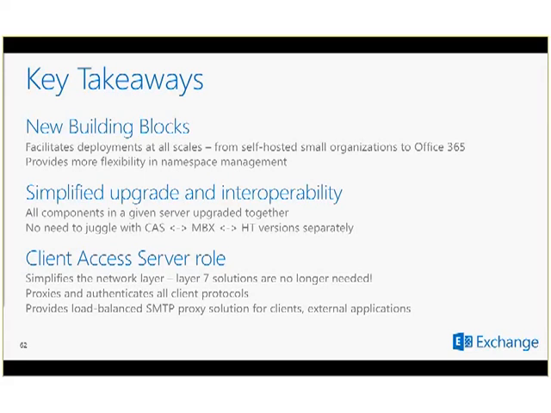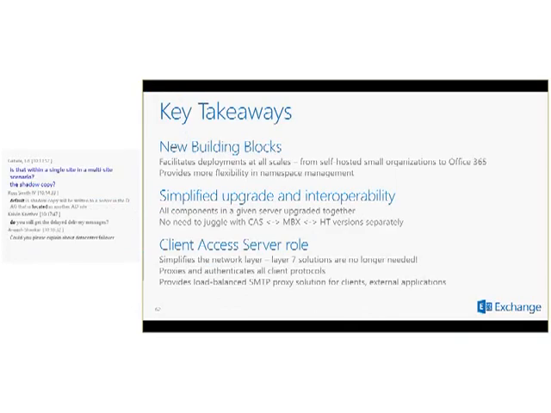CAS role, again, simplifies the network layer. We don't need layer 7 load balancers anymore. They're still valid, though. If you have them and invested money in them, you can keep on using them. That's fine. They're just not a requirement. We proxy and authenticate everything on the CAS role, and then also provide you the load balance SMTP solution. And from there,